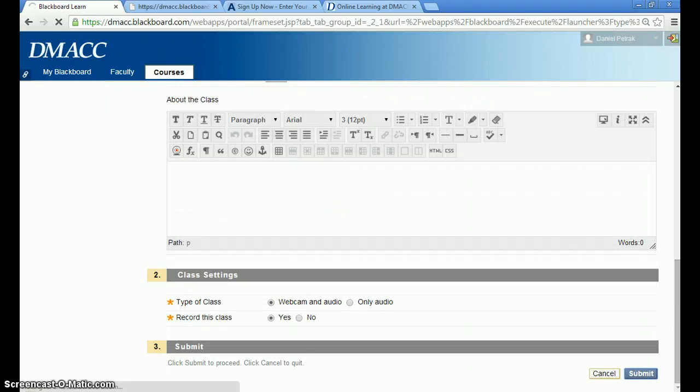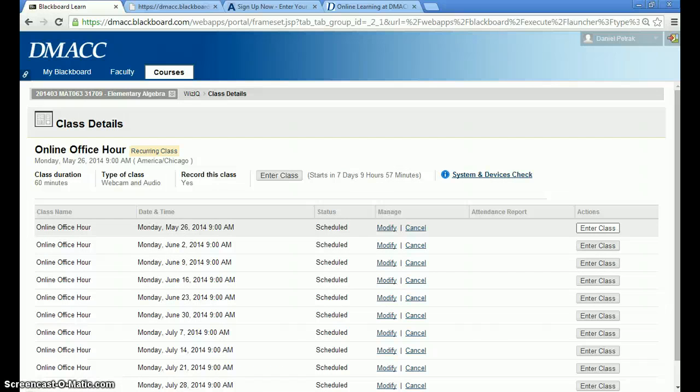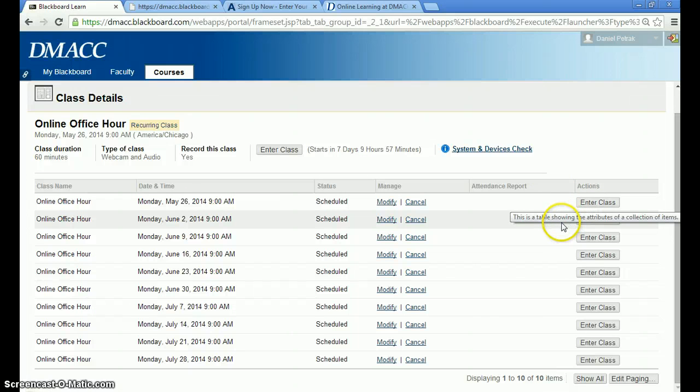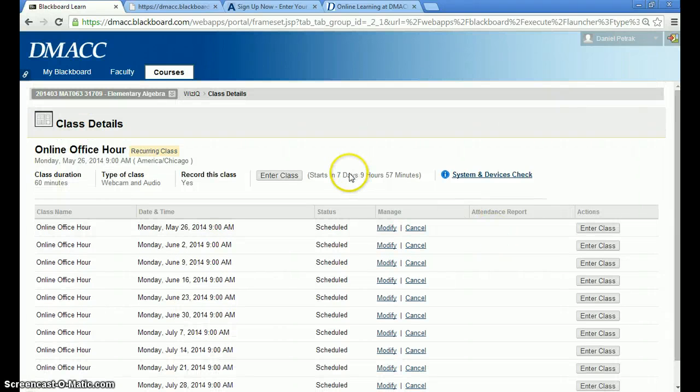So when you come in here as a student, you are going to be able to enter these classes, and as we do them, whatever parts get recorded, you can see the recordings here as well. You just click the enter class button, and before you do that, you may want to hit the system check to make sure your system is up to date. That'll be a situation where you can hear me, see me, you can chat, there's a whiteboard, and hopefully you can experience one of those early in the course. If you ever need some one-on-one help, we can set those up. So that's about it I want to show you.